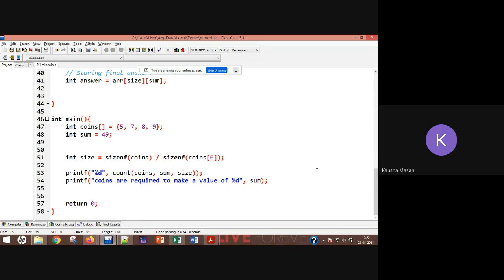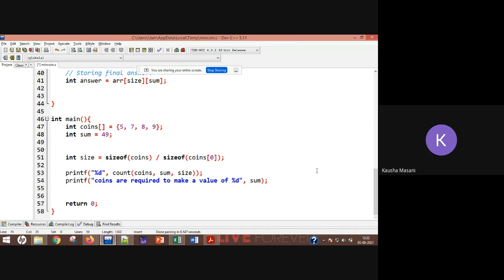And the change I want is for rupees 49. First I'll calculate the size, the size of the table that I'm going to maintain: size of coins divided by size of coins[0]. So I'm getting the size of my array.